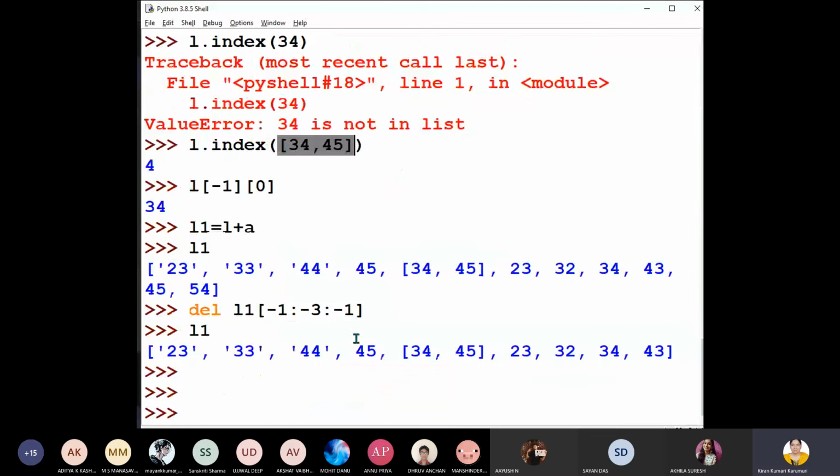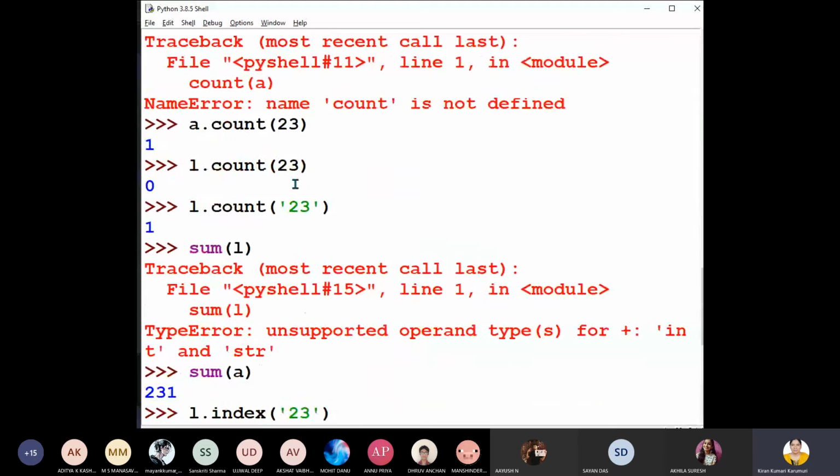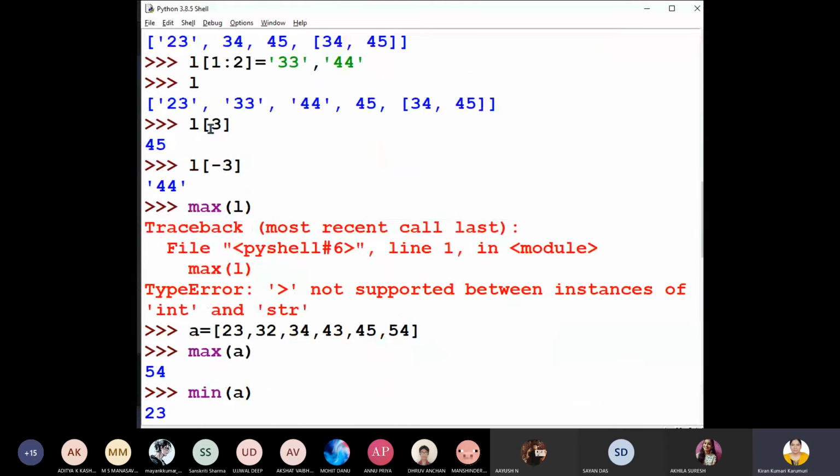See, now if you look at that list L, yeah. So now we'll come to L here. This is the L, right? You can see, no? Yes, ma'am. So now this entire item is at -1. This is -2. This is -3, -4, -5. If you look at the forward index, 0, 1, 2, 3, and this entire list is at 4.